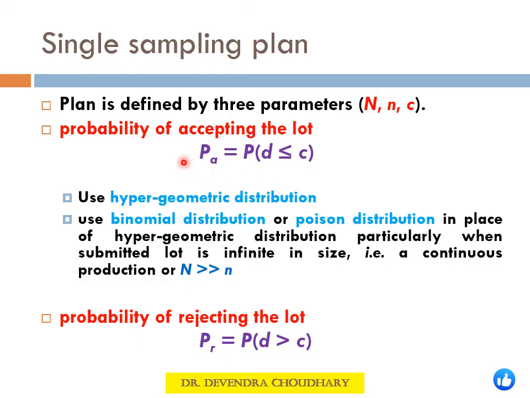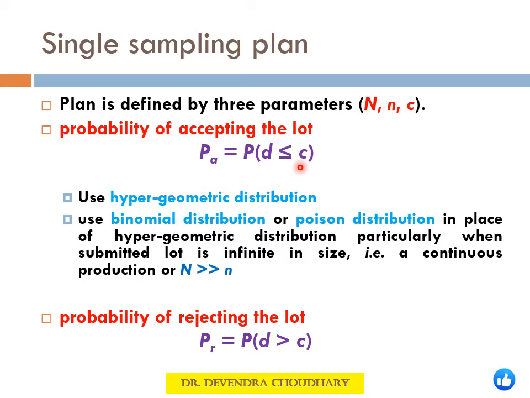And so we can determine the probability of accepting the lot, known as PA, by determining the probability of having defectives at most equal to the acceptance number C. It means a lot is accepted if we find 0 defectives, 1 defective, 2 defectives, or up to C defectives. Now all these probabilities